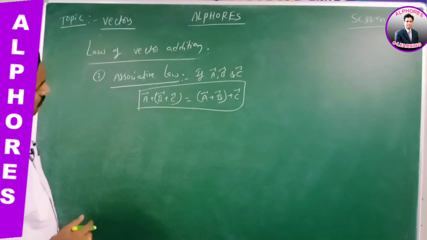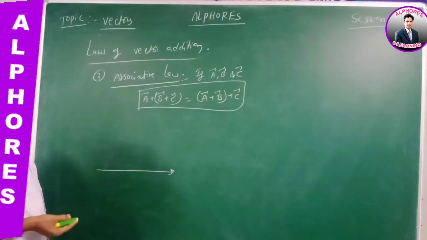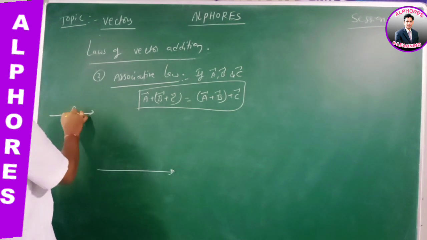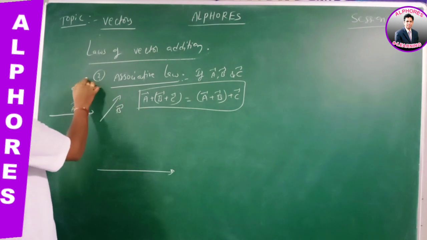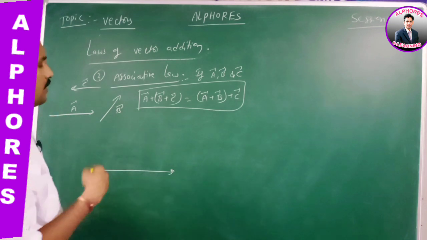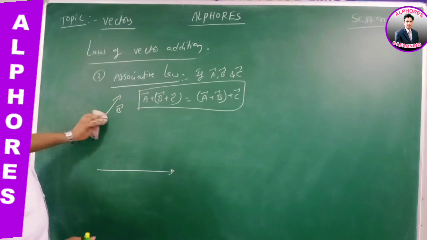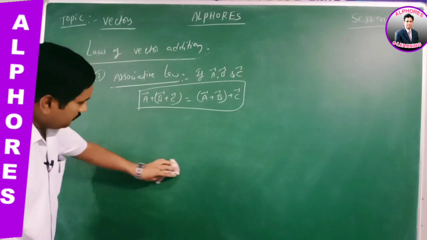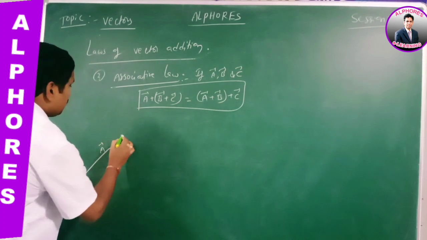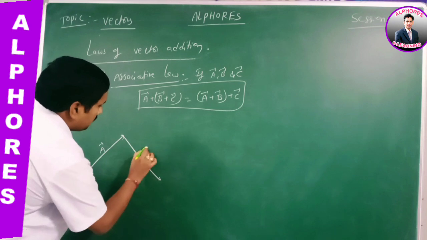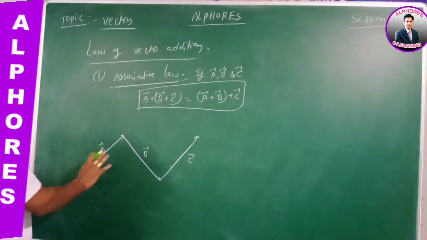So what is meant by the geometrical method? Let us say I am giving three vectors again. Let us take any three vectors a bar, b bar, c bar; this is c bar. Any three vectors we have to take. Now for the addition of these three vectors, listen carefully, this is a bar, this is b bar, again this is c bar. So these three vectors are arranged in this way.